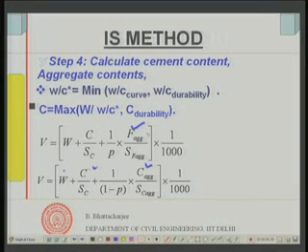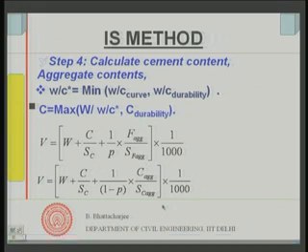mass of the coarse aggregate in unit 1 meter cube of the concrete, because I can write this V equals to 1 minus volume occupied by air in 1 meter cube of concrete. So, if I know that, from that I can find out this. An example calculation will make things better, more understandable.